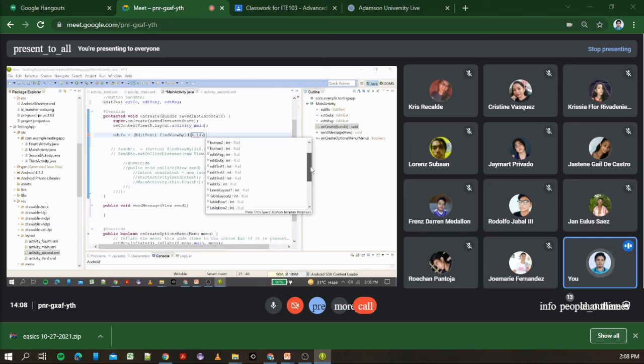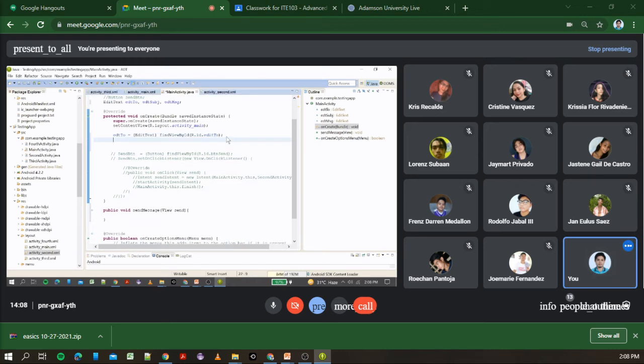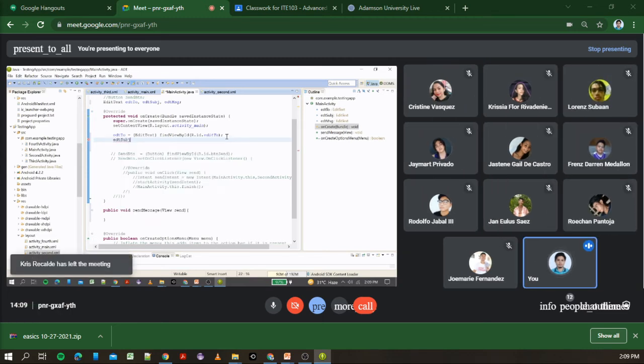So, anong ID nung unang text field? We have edit2, then semicolon. The next thing is that para sa edt subject, then is equals to